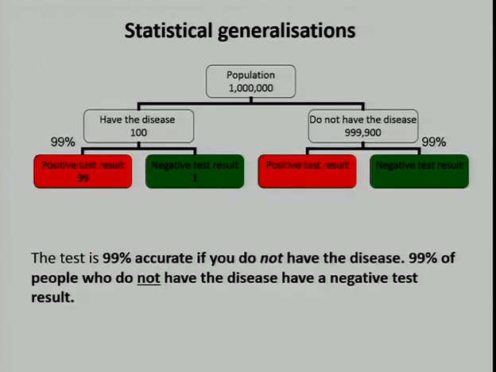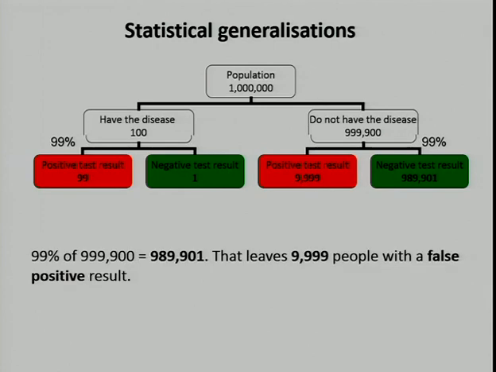And you can apply the same thing to the other side of the tree by saying, well, we also know that 99% of the people who don't have it get the negative result, which is correct, and 1% gets the positive result. And then you just fill in those numbers, which with these numbers, again, is fairly easy to do, right? So then you have something like this. All good at this point?